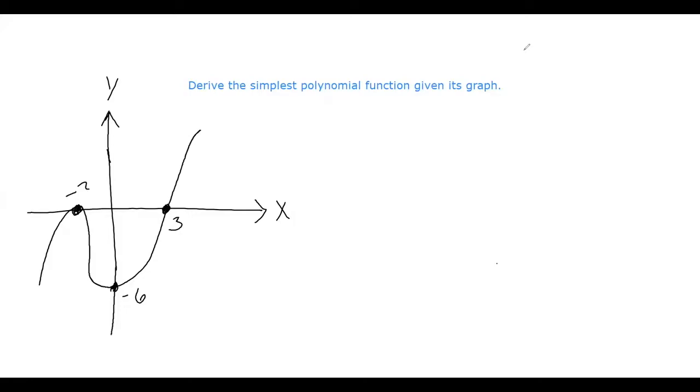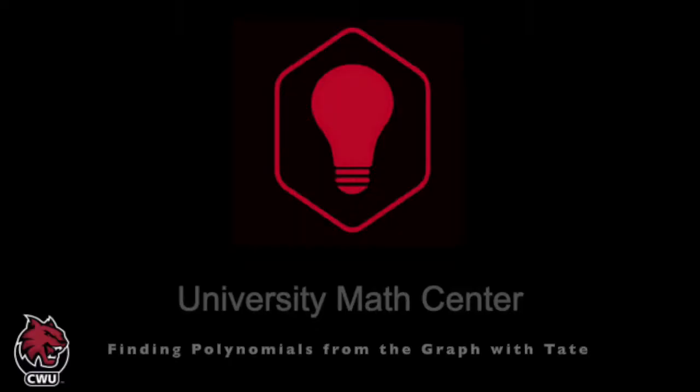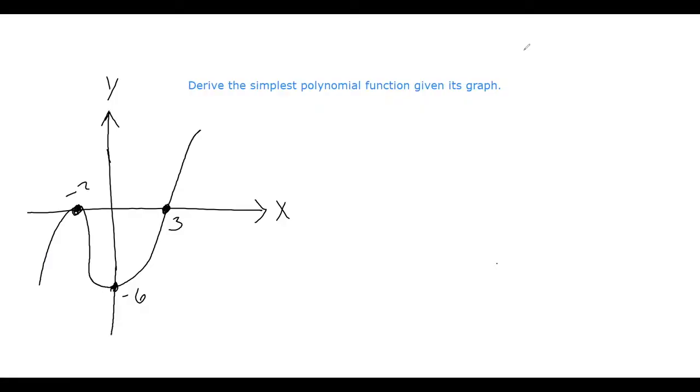Okay, so in this video, I'll be going over how to find the simplest polynomial function given its graph. To the left of the screen, we can see that we're given a graph. It has zeros at -2 and 3 and has a y-intercept at -6. So what we're going to try to do is figure out what the function of